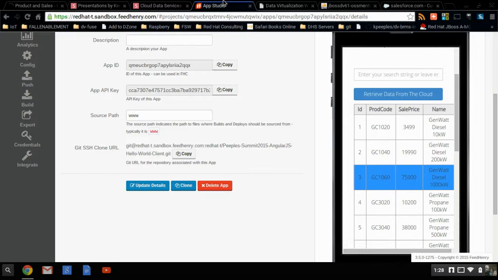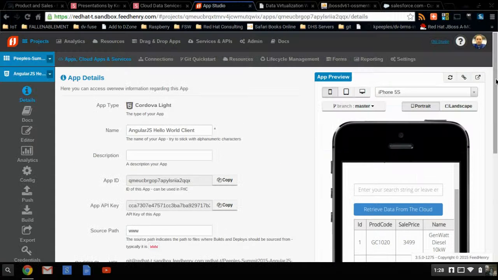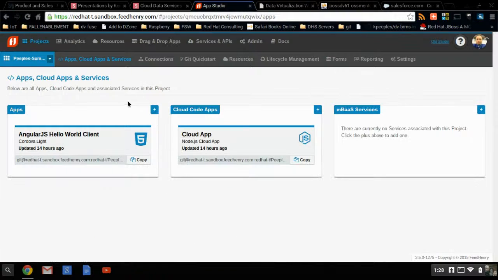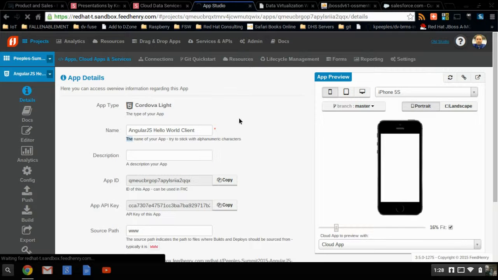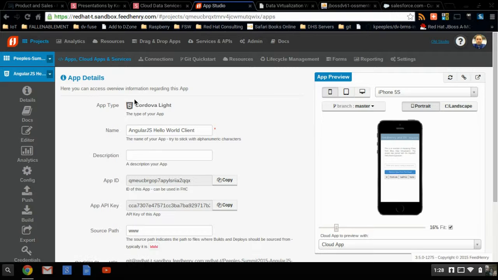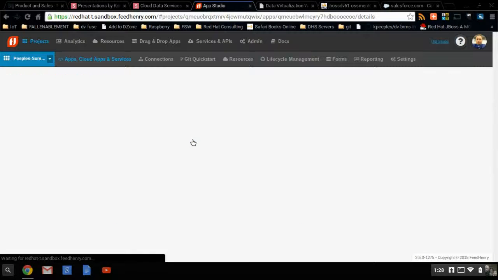Then I can also go over to my App Studio, and you'll notice I have my project, and I created this quick start real easily. Just said new app. I have the cloud app and the client. And within the Cloud app, let's go back here. Within the Cloud app,